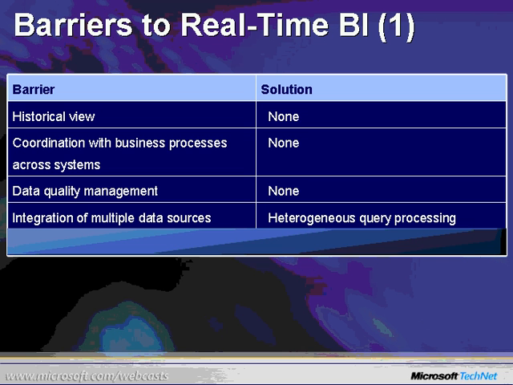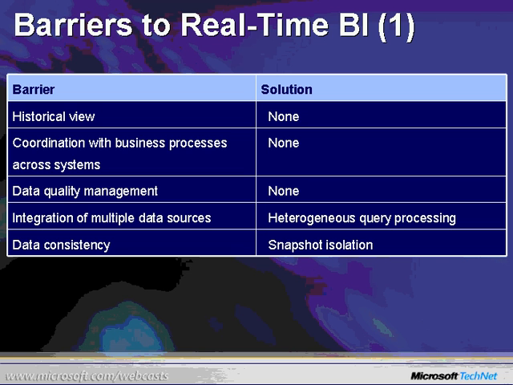Let me give you an example. Say we read a product table and then we read the sales table. While we're reading the sales table, a new product could be added, along with a sales order for that product. In that case, we could end up with reports that show sales orders for products that don't exist, at least from our perspective, because they were added to the OLTP database after we read the product